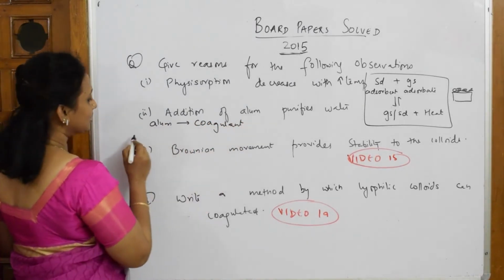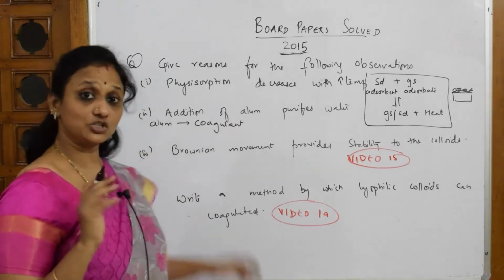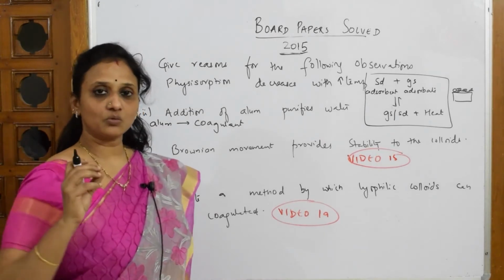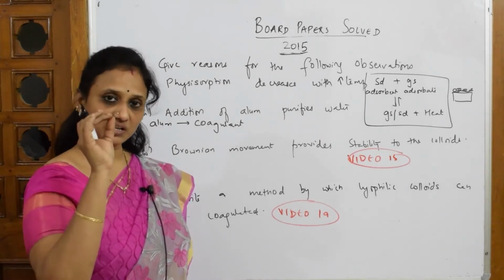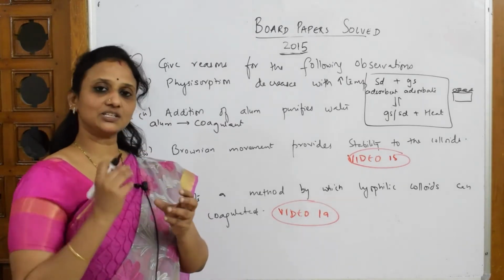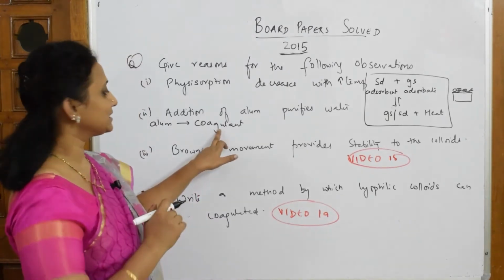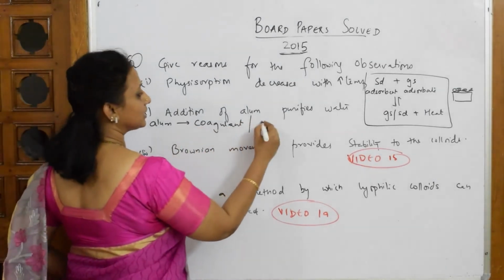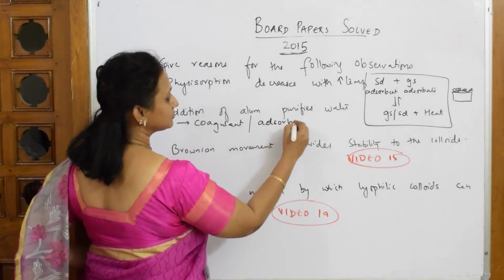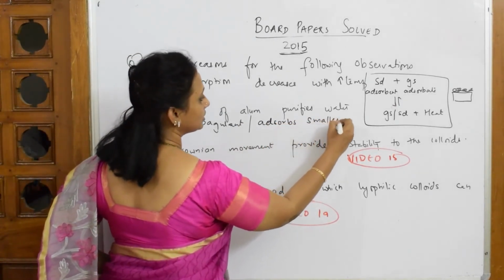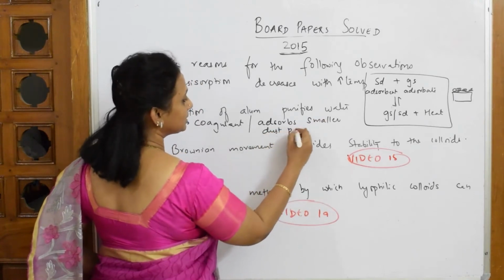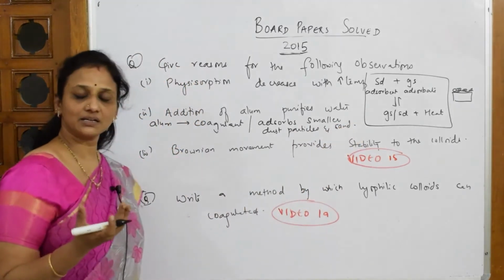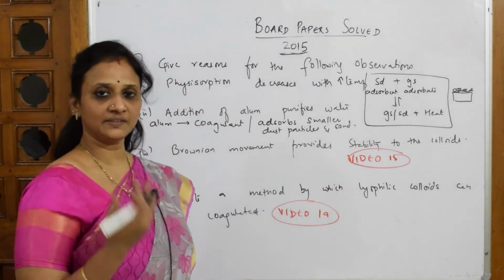So what does it do? This alum will absorb, I'm telling absorb, all the fine particles or small dust particles, or whatever impurities of smaller size are there. Everything goes and attaches on the surface of alum. Is it not acting as a coagulant? So what does it do? It acts as a coagulant and absorbs smaller dust particles and sand, and larger particles, whichever are heavy, will settle down in the tank,